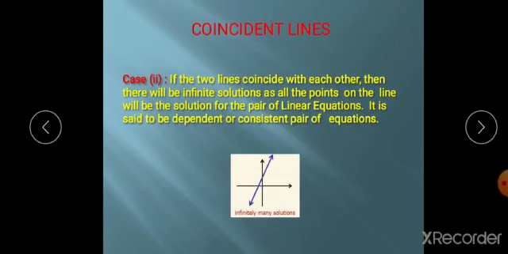But in this example, we have infinite solutions. It may be here, it may be here, it may be here. We don't know which value will satisfy the given pair of linear equations. So, infinite solutions. You should remember, if it is coincident lines, it has infinite solutions, and it is also called consistent. Consistent means it has solutions. So it is having many solutions, so it is called consistent.